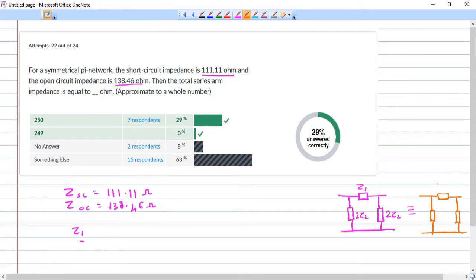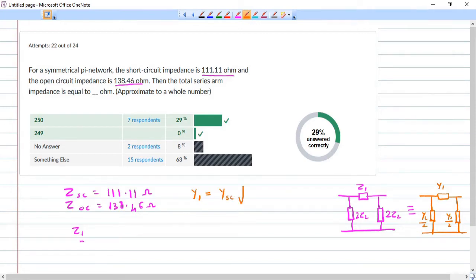So we can label the series admittance as Y1 and the shunt admittances as Y2 by 2 and Y2 by 2. Okay, so the expression for Y1 is equal to